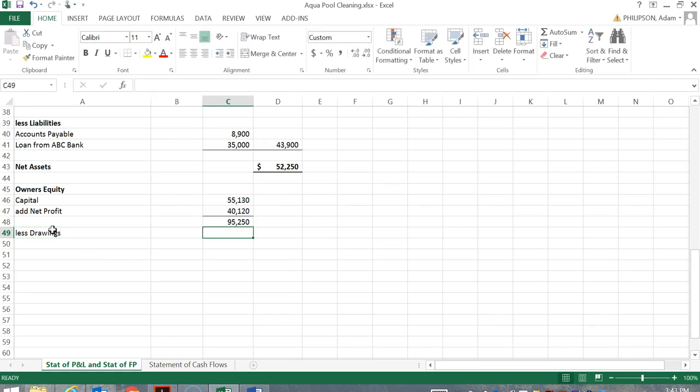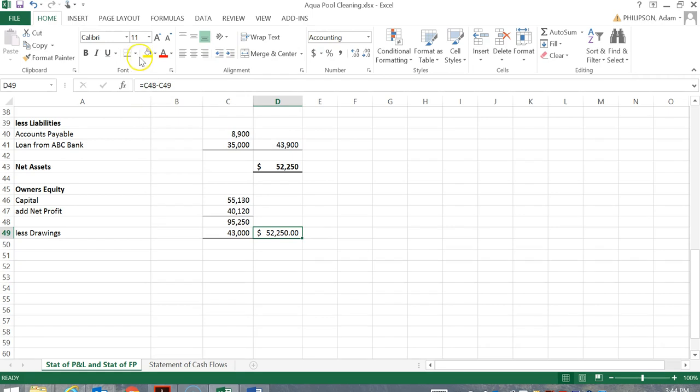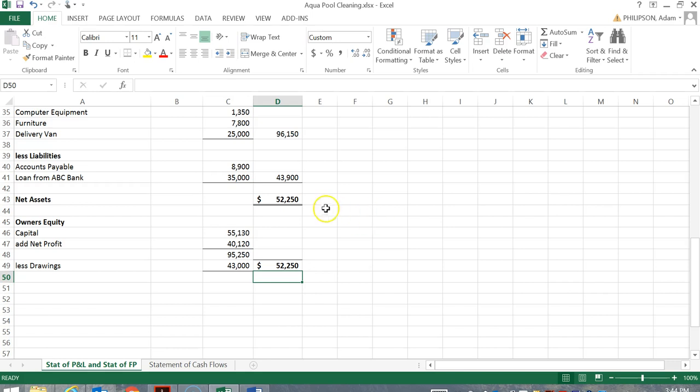So our drawings figure is 43,000. This is the end of a range of data here, so we're going to underline that, and do this subtotal minus drawings, which gives us this. So that minus that, enter, bold. For this one here, we'll give it a top and double bottom border, bold, get rid of the decimal points, enter, and our balance sheet